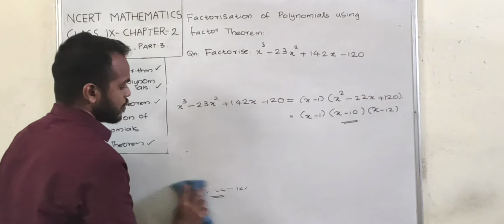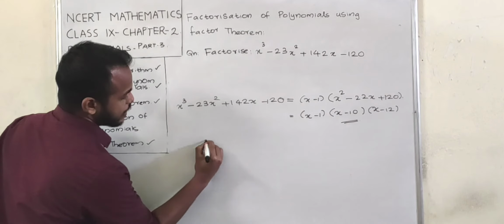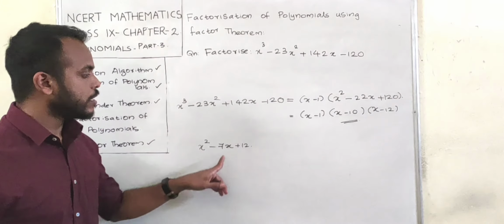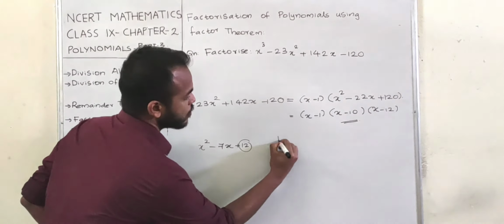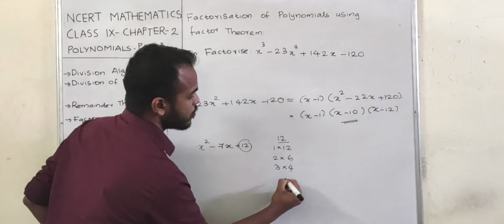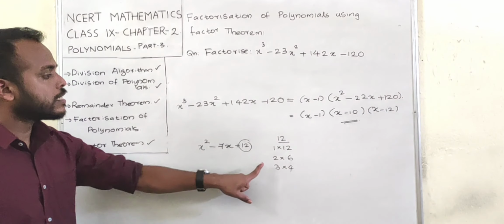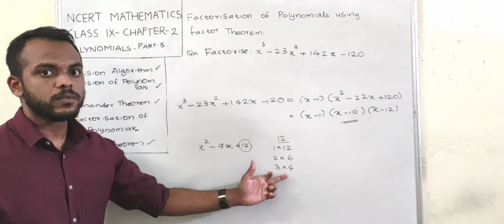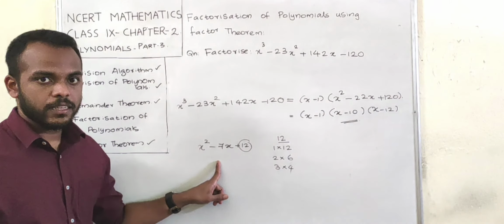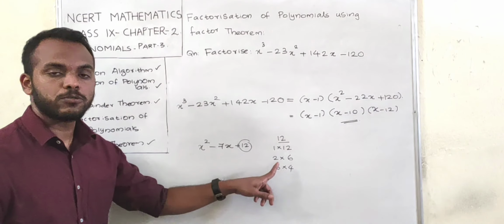Now, a question to be solved using splitting the middle term. Let's see. Okay, the question that we did earlier, x square minus 7x plus 12. Let's solve this using splitting the middle term. First step is to factorize 12. 12 can be written as 1 into 12, 2 into 6 and 3 into 4. No further, because the next one is 4 into 3, it's already here. Now you should get two numbers whose product is 12 and sum is minus 7. So there is only one possibility, that is 3 and 4. And is it plus 3 and plus 4? No, it's minus 3 and minus 4.